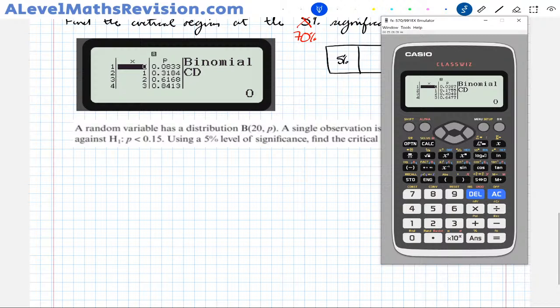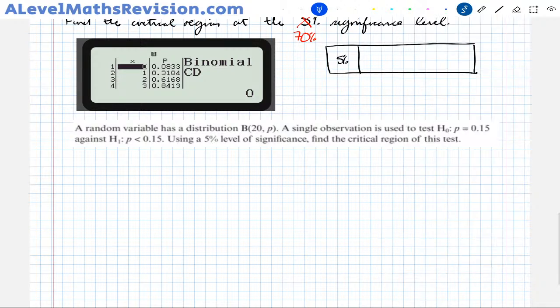So I can see here that 0 is going to be rejected. That's less than 5%. But that's all. As soon as I get to x less than or equal to 1, I'm up to 17.55%. So